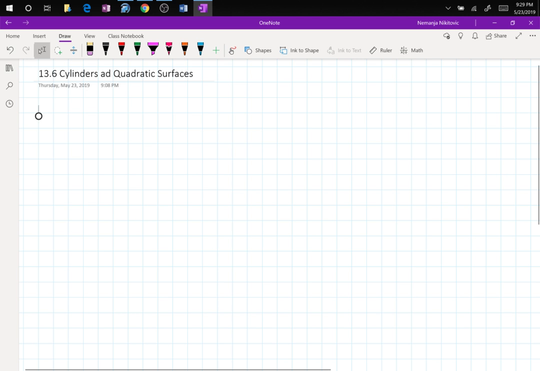Hello and welcome back to Calculus 3, section 13.6 on cylinders and quadratic surfaces. So you're all used to calling a cylinder just a cylinder, right? But it's a broader family of shapes. So to define a cylinder,